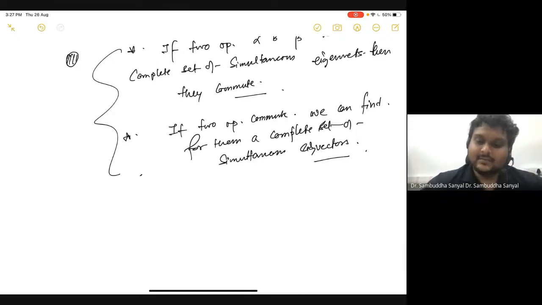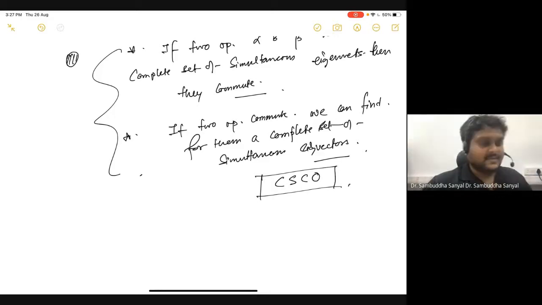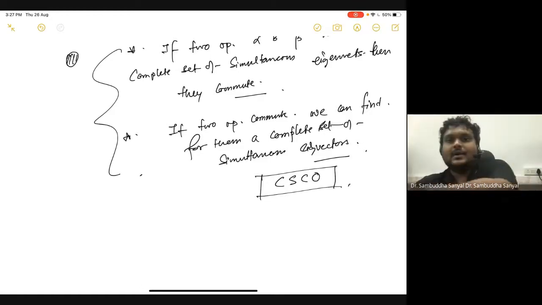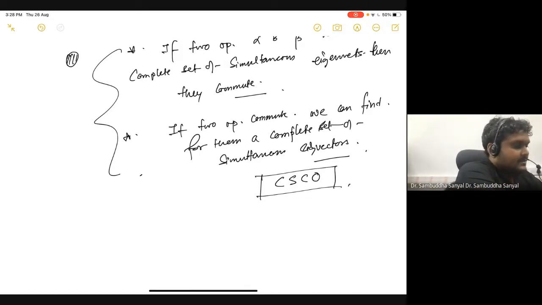I will elaborate on this. In the lecture, I have explained this. It's called the CSCO, complete set of commuting observables. I will explain these two mathematical statements. What more do I want to talk about? I want to talk about projective vectors, but there is very little time. So let me give an outline, going over what I said in the note and then talk about it.